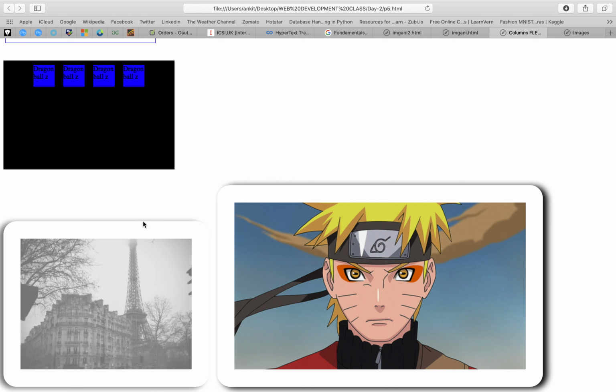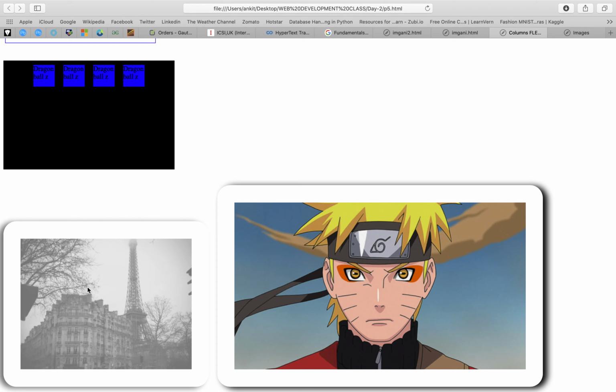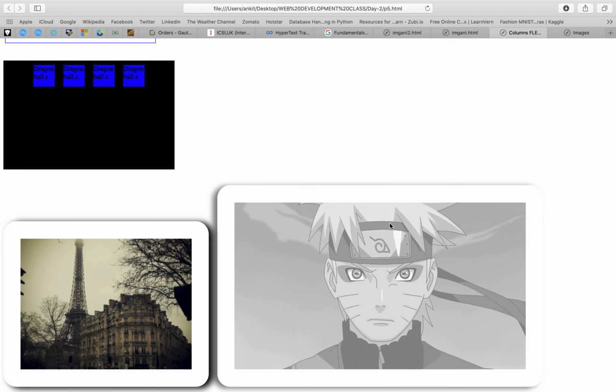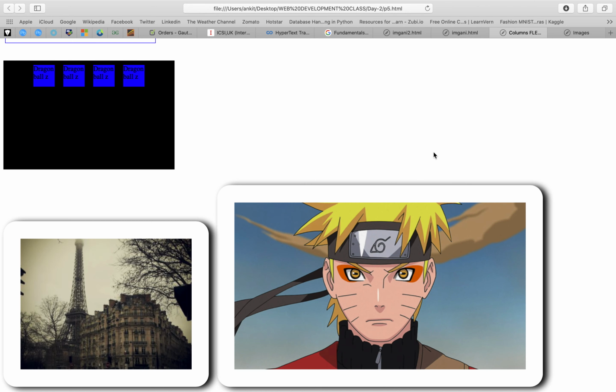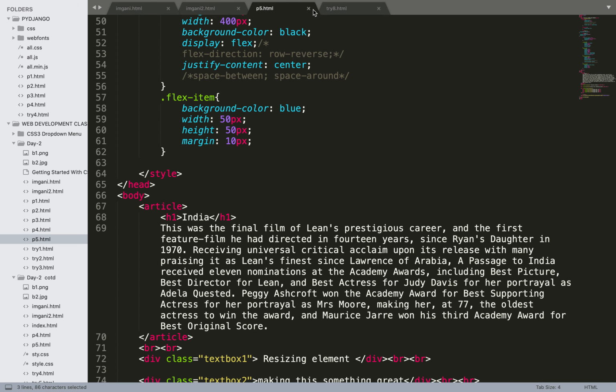Let me try with this one. So you can see the difference, the tower was on the left side, but when I am hovering my mouse over this image, the tower is now on the right. Same goes for this right side image also. I think you get it now, that the image flips. It flips by 180 degrees, like a mirrored image, you can say.